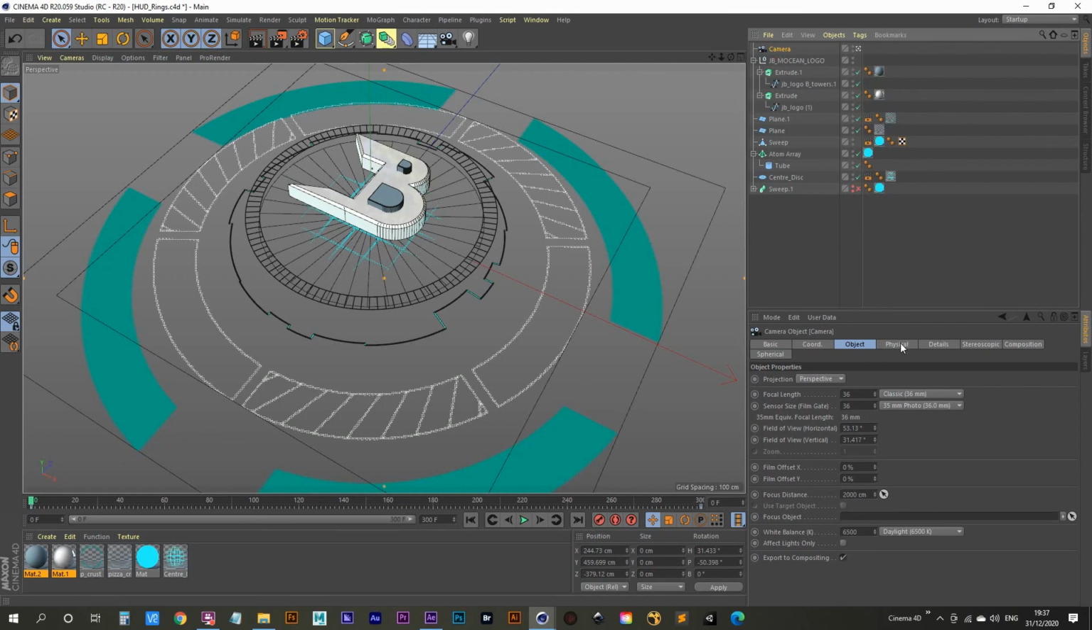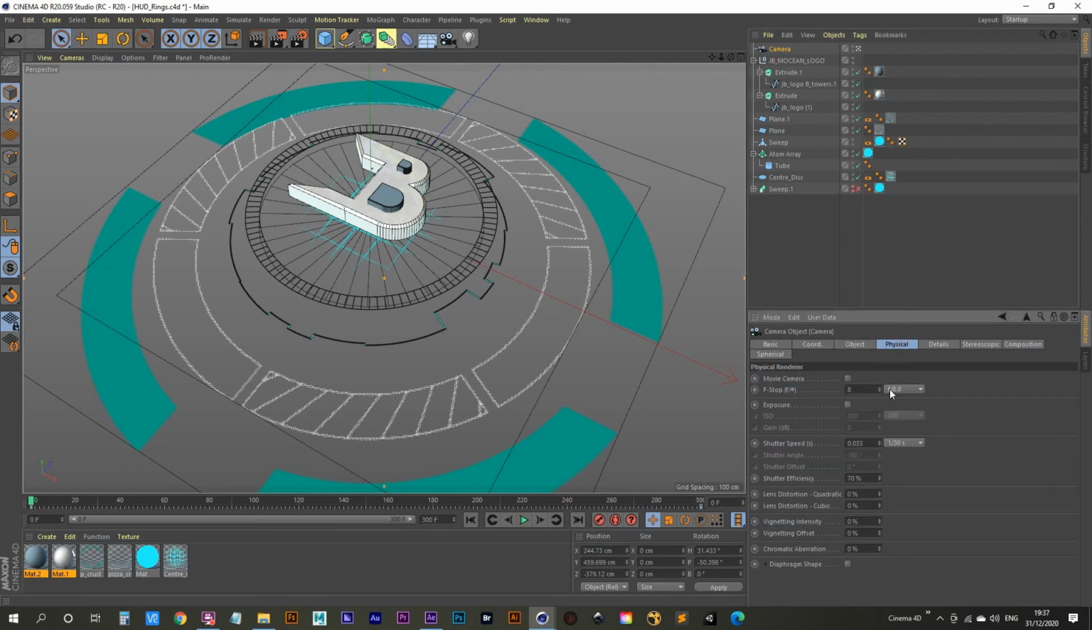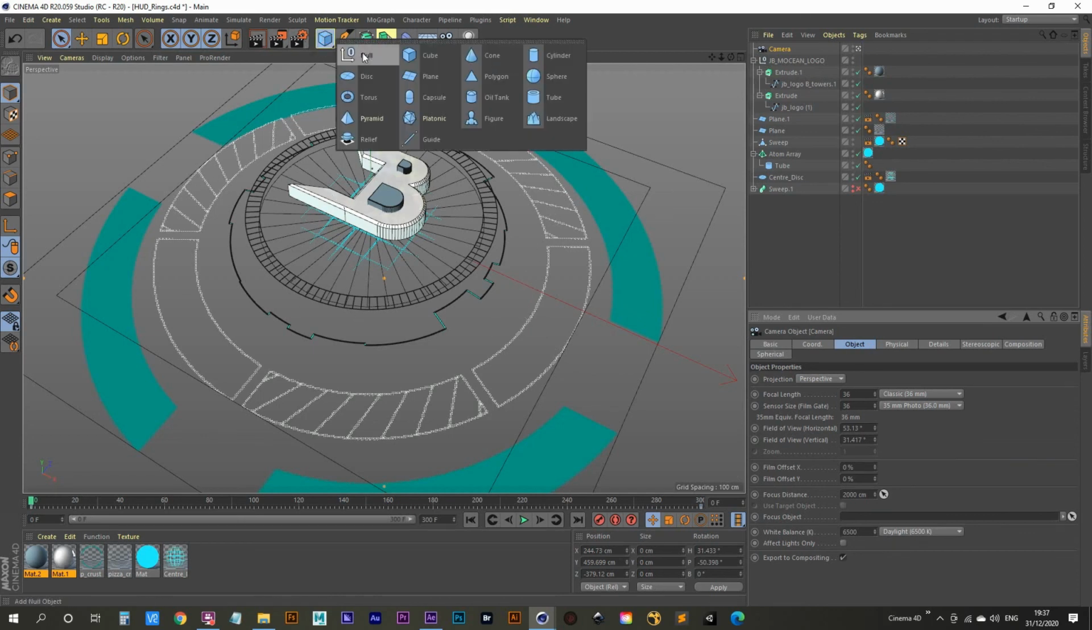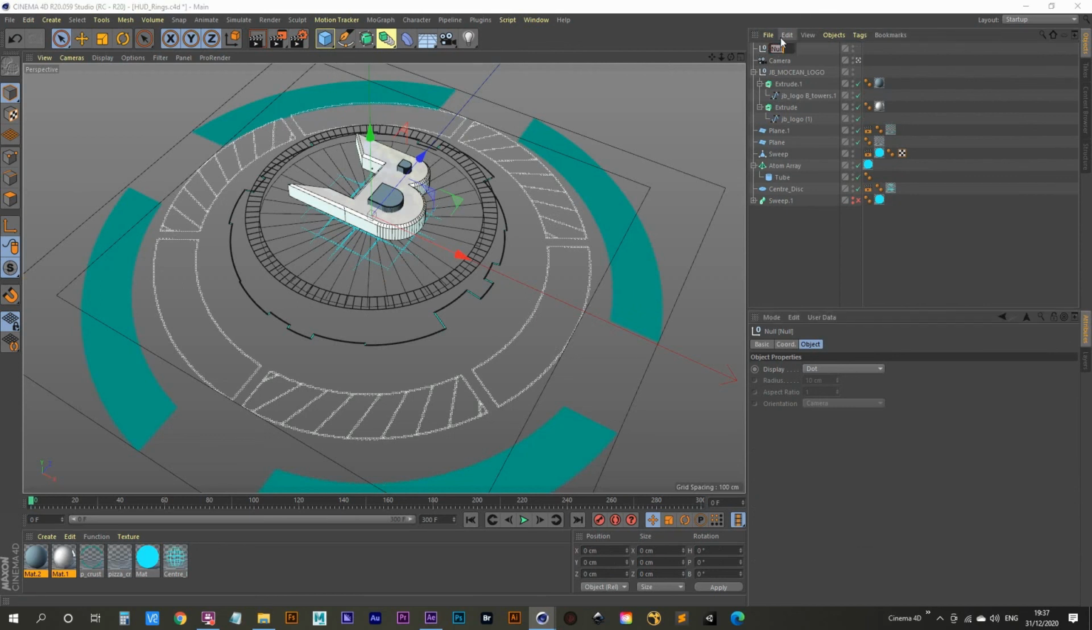Select your camera, go into the physical tab, and we need to set the f-stop here to a lower value than 8. So I'm going to go 0.3, and we need to give the camera a focus object. If we go into the object tab here, you'll see focus object. That's going to tell the camera what to focus on. Everything else will be out of focus. So let's create a null for that focus object. We'll call it focus object,